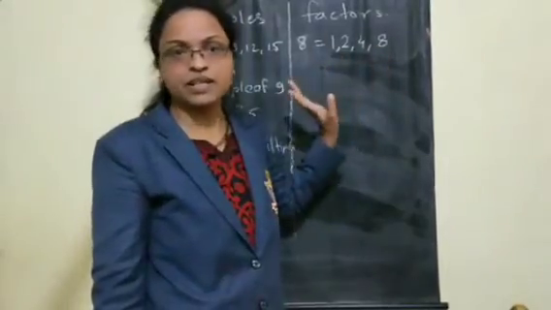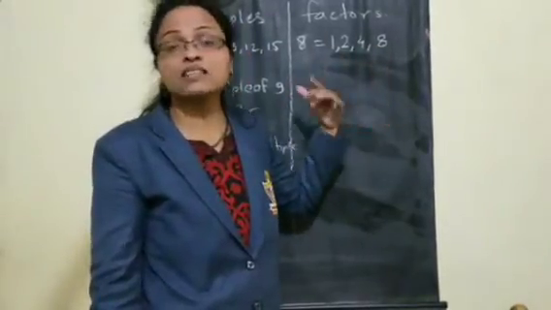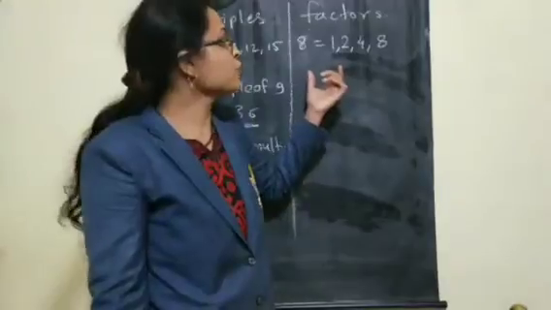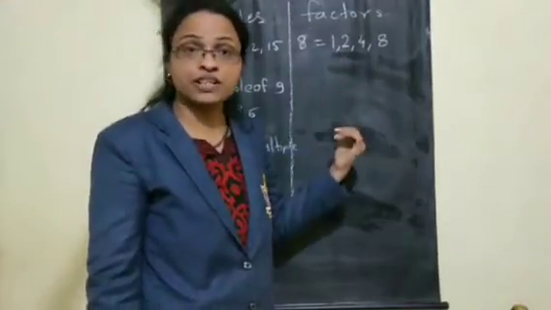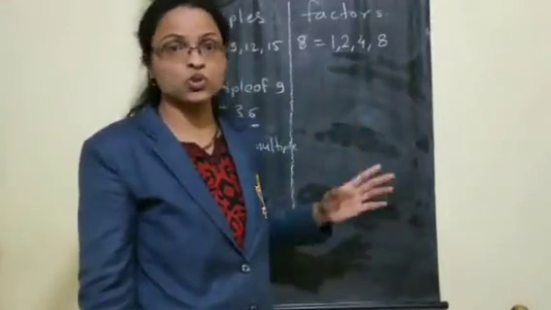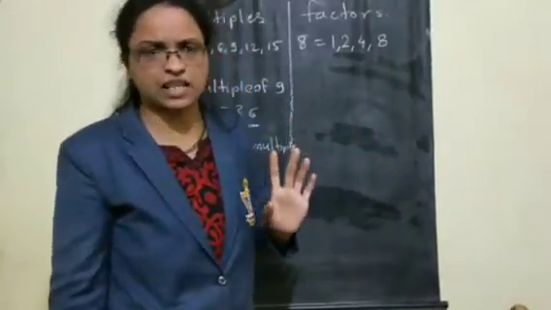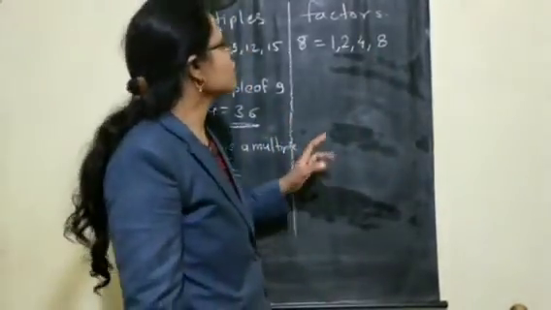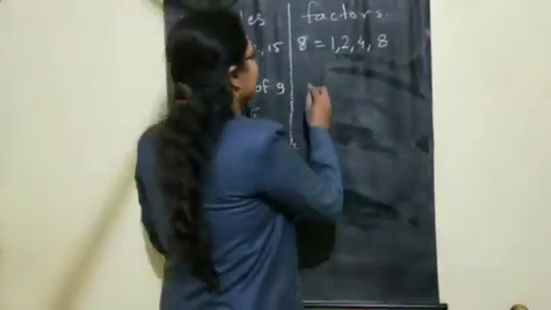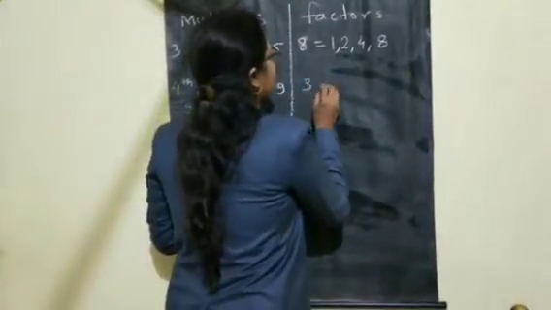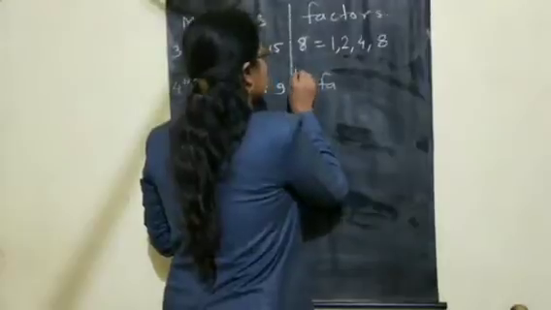Because factors are limited. Here, children, you might get the question of smallest factor or largest factor also. You should know smallest is always 1, largest is the number itself. Then here it may also ask whether 3 is a factor of